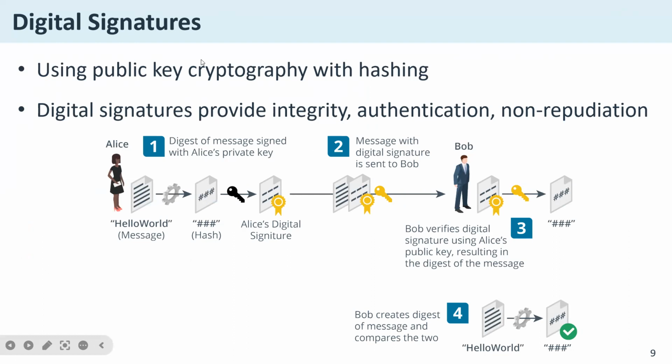Let's look at digital signatures. Digital signatures are going to help us use public key cryptography with hashing, right? So you should be able to differentiate between